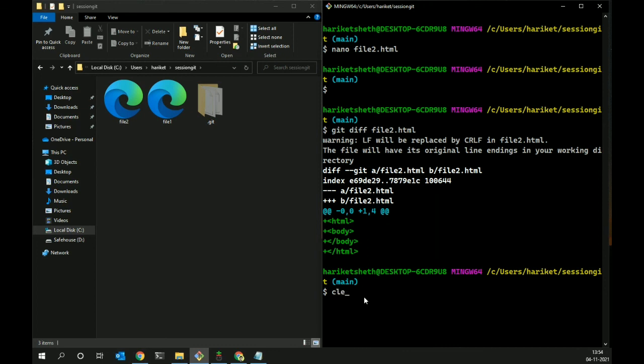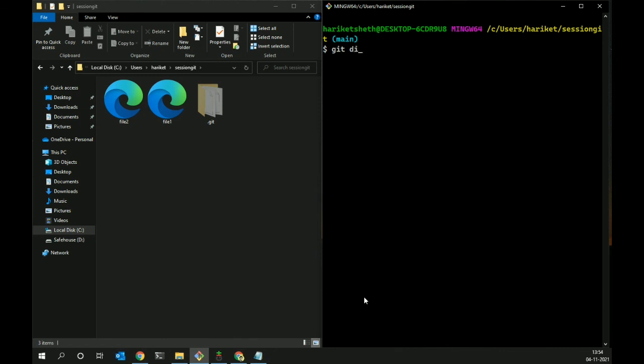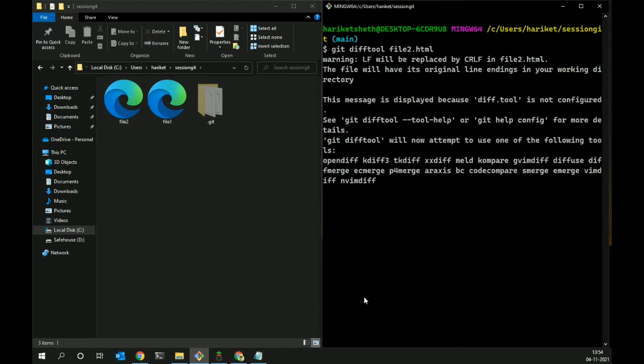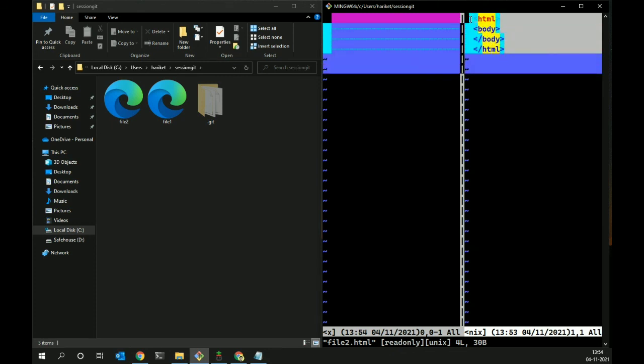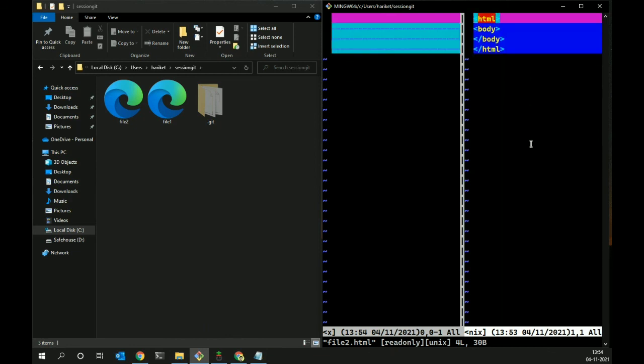There's one more command which serves the same purpose, which is git difftool, and again the file name. Let me do that. It will open a specific thing. Okay, it's opening something and it will show you the same thing. You can see on the left side it's the previous version where it was empty, and on the right side is the updated or edited version, which shows you what exactly happened. So 4 lines were inserted, you can see. Had it been deleted, it would have shown here, and as we have inserted, it's showing here.